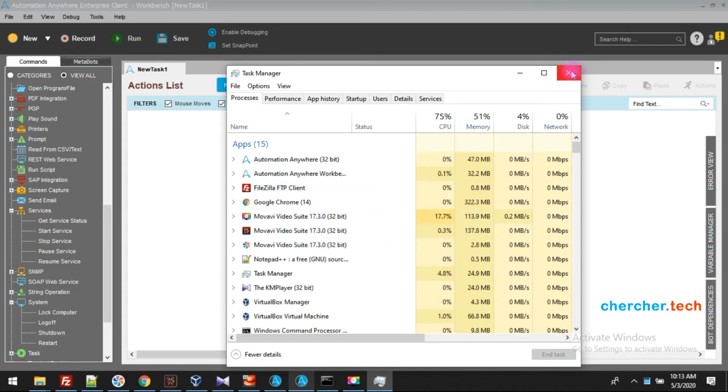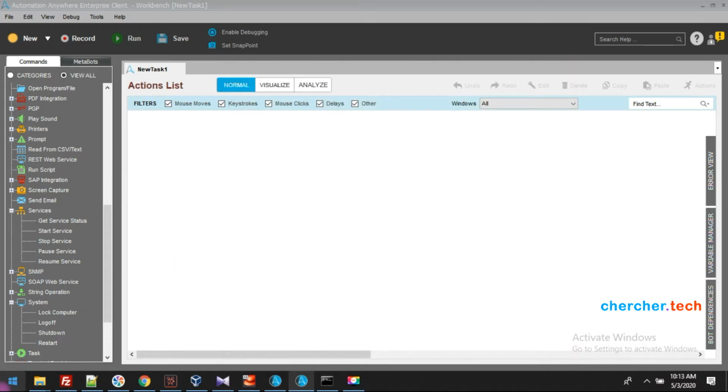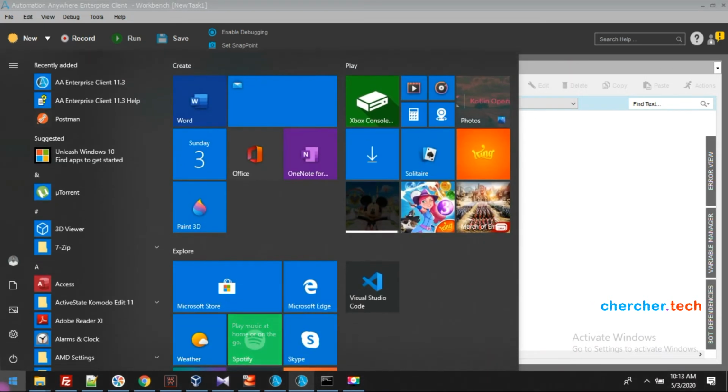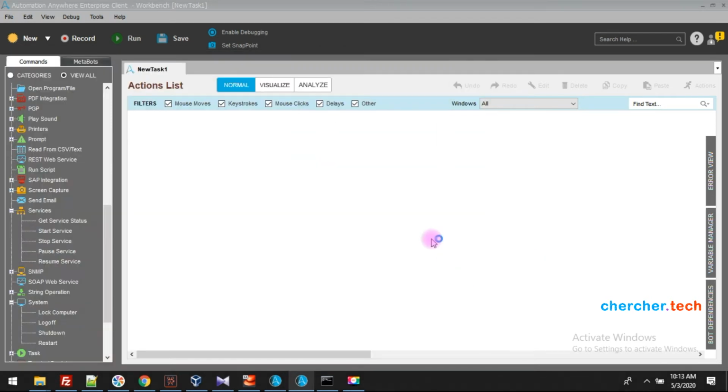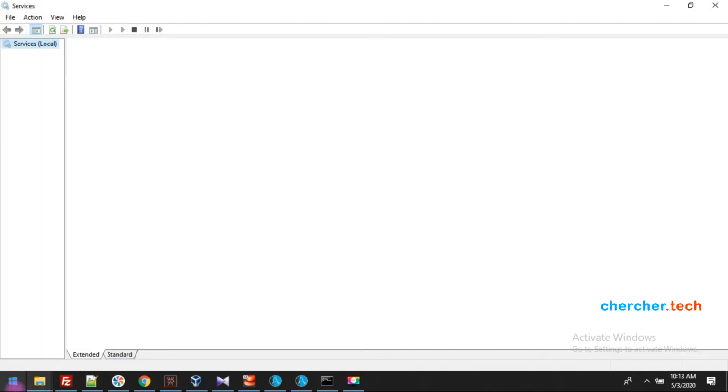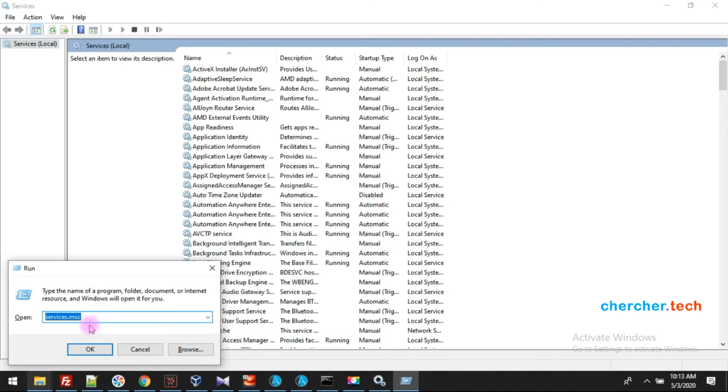You can see the services on a Windows machine by just typing services. You will find the Services option; just click on it. If you don't want to open it this way, you can open Run and type the services.msc command to open the Services window.